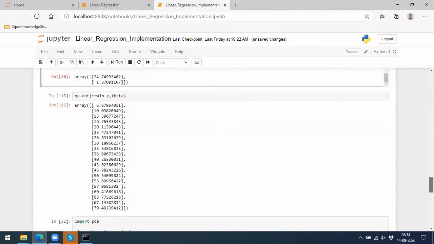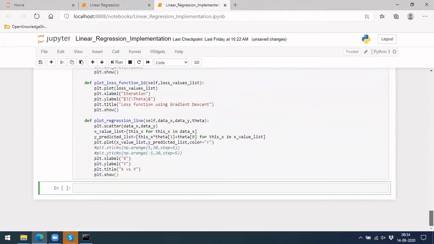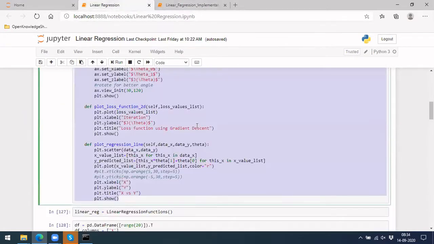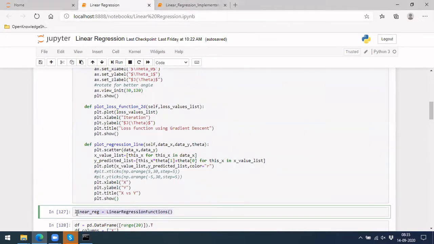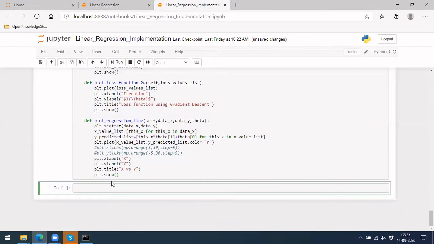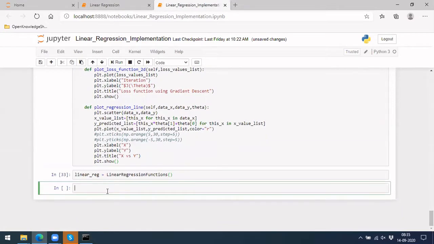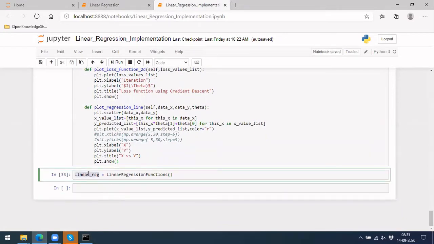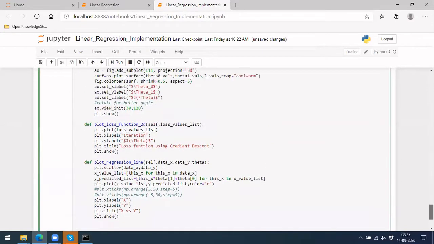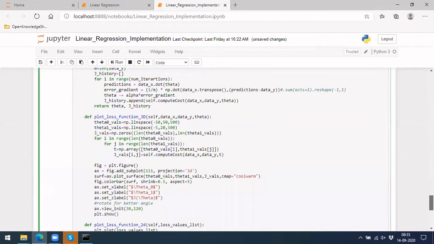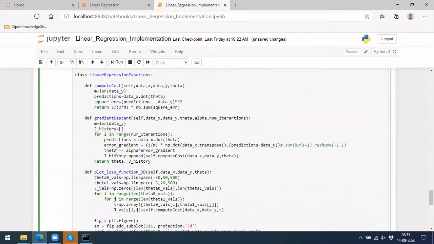Okay, I ran it and I have defined it. With that, I'm calling this class by using this name. So now I can use it. Let me add this train part here. I did not implement the train part separately; instead I wrote it within this, so you don't have to implement it again.